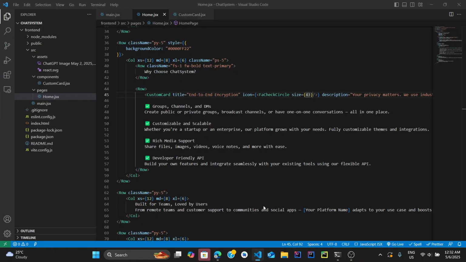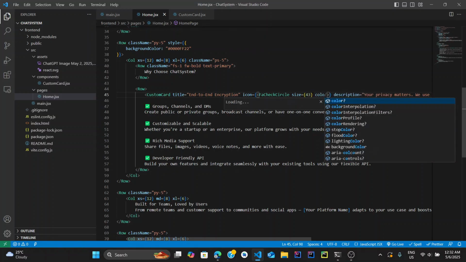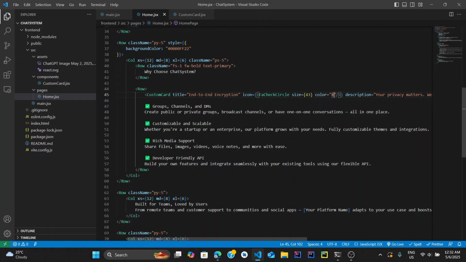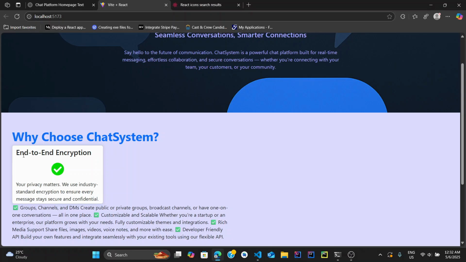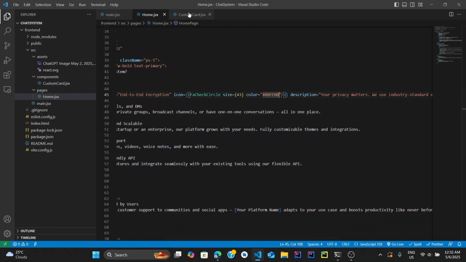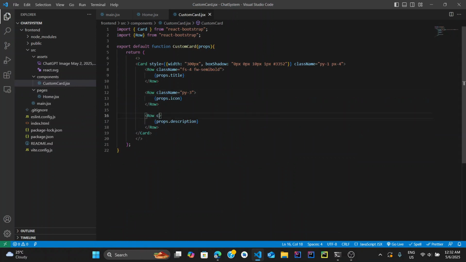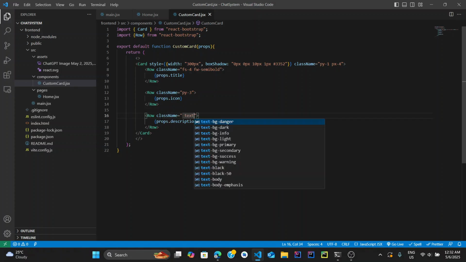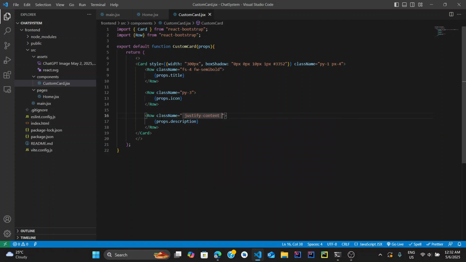That's fine, and I need to change the color of it. So the color, I will put some light green color for that. Like that, and then I need to add some styling to this tag. I will say justify content